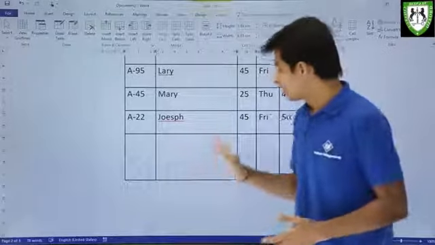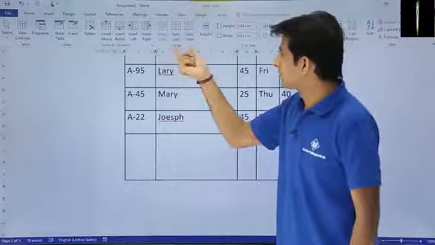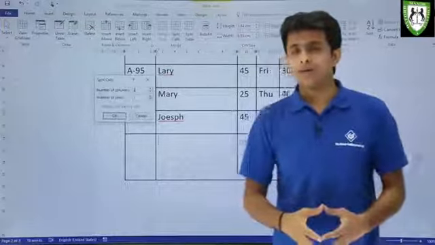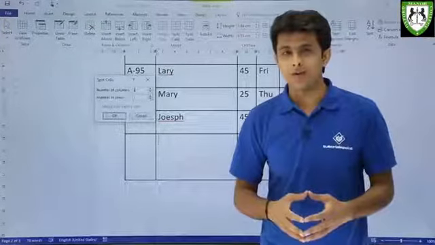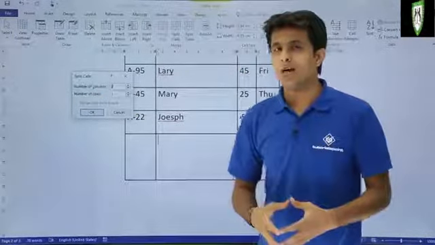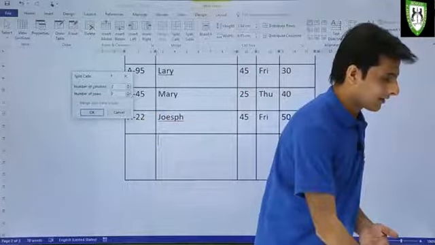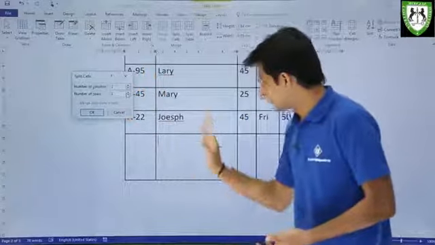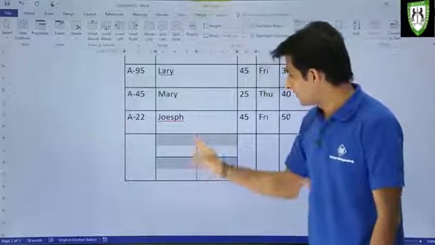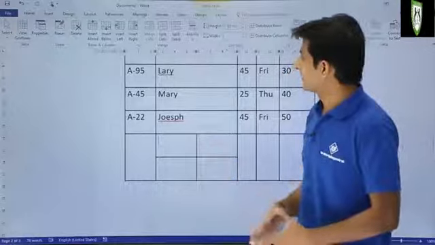How do I do that? I'll just keep my cursor in this cell, and if you want to split, you click on the merge group and you can click on split cells. If I click on split cells, I'll get a dialog box. The dialog box asks how many columns and how many rows you want. I'll say I want the number of columns as 2, and I'll increase the number of rows to 2 as well. So 2 columns and 2 rows. This cell will be divided into 2 columns and 2 rows if I click on OK. So you observe 2 columns and 2 rows have been created. This way it works for splitting the cells itself.